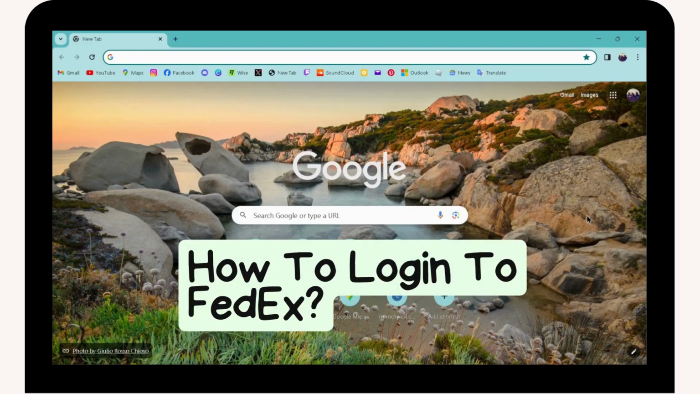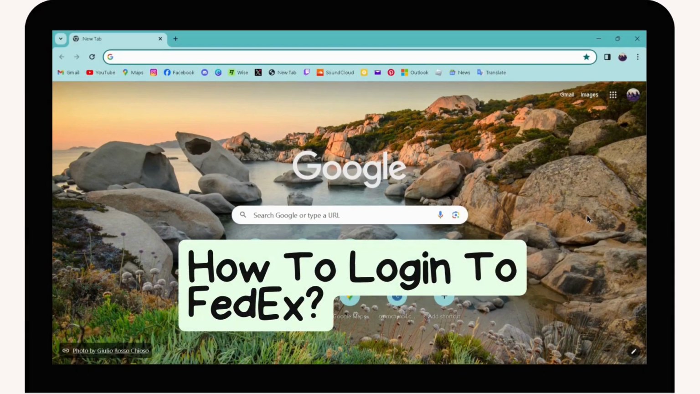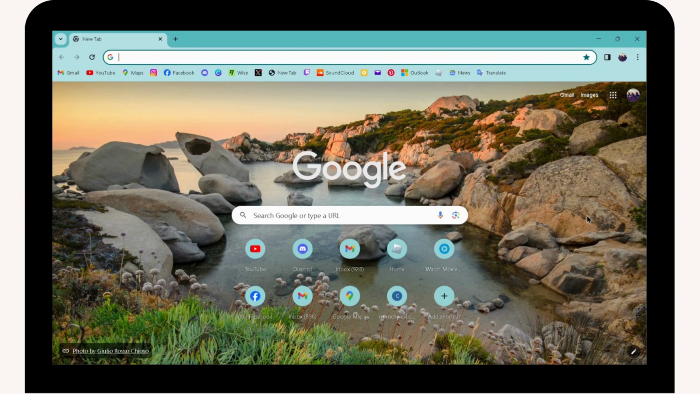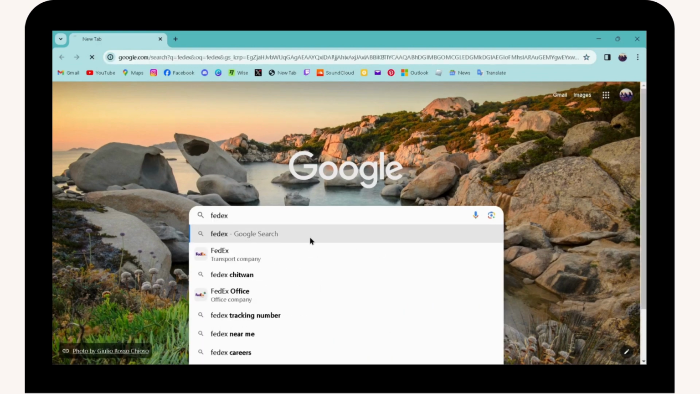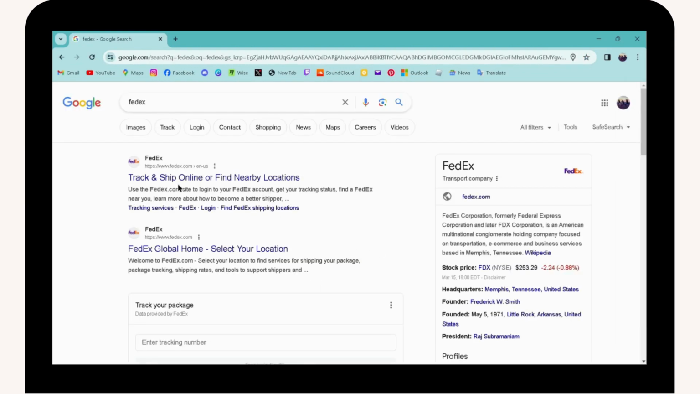How to log in to FedEx. So if you want to log into FedEx, then first you need to open up a browser, any browser that you're comfortable with, and then go for the search bar and search for FedEx. Once you've searched, here you can go for the first search, which is